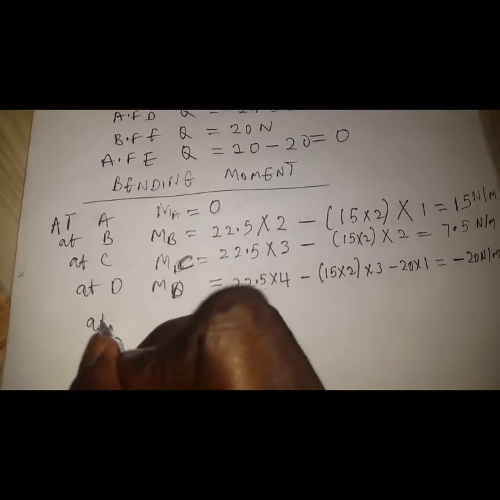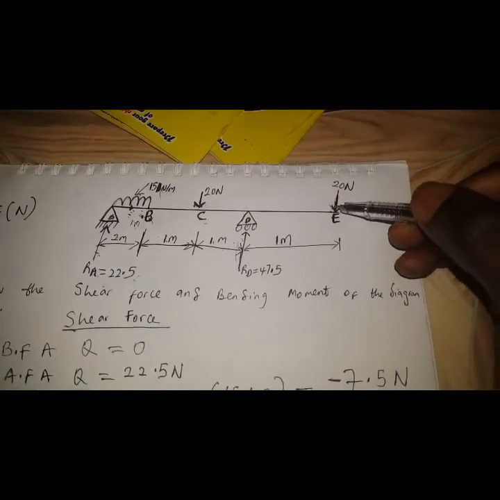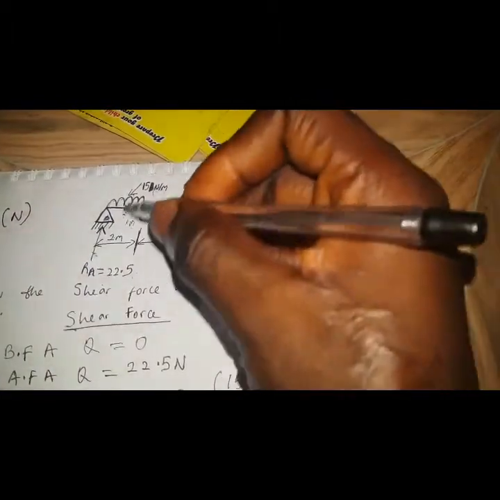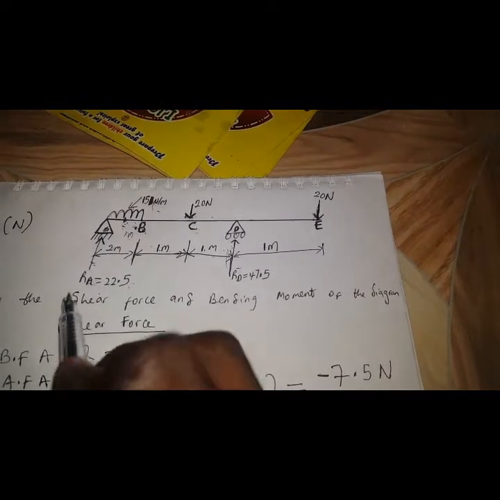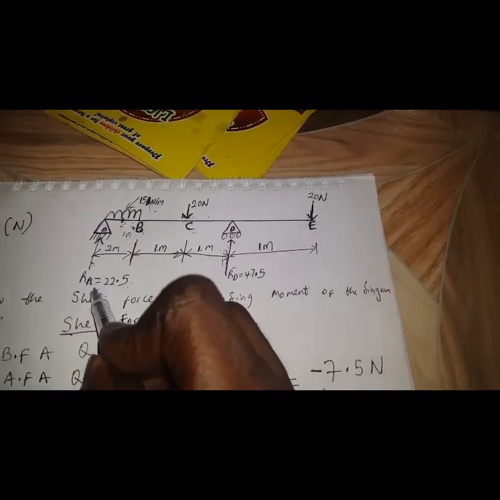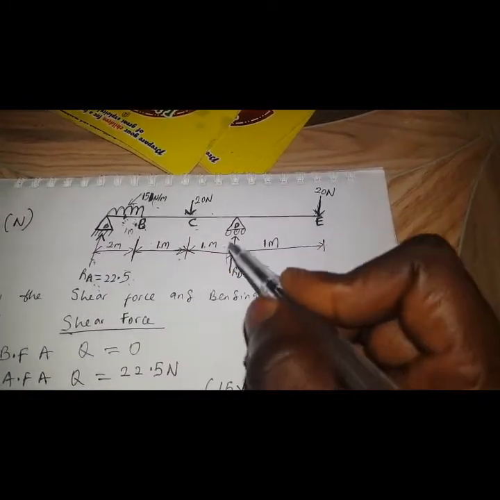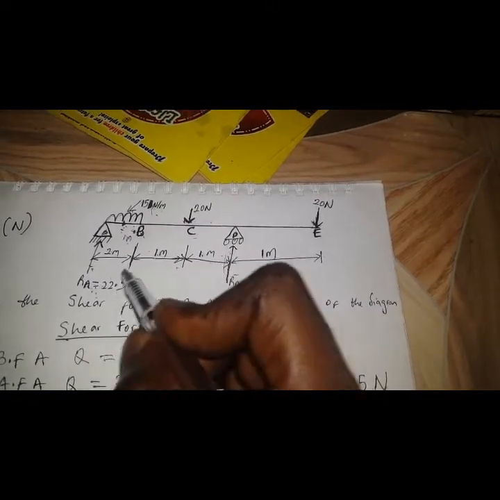So at E, let's go back to the diagram. This is E. So at E, we will have 1, 2, 3, 4 forces that we are going to be working out in respect to E. So at point E, the force here will be 22.5. The bending moment will be 22.5 times the distance from this place to E, which is 2 plus 1 plus 1 plus 1, which is 5. So 22.5 times 5